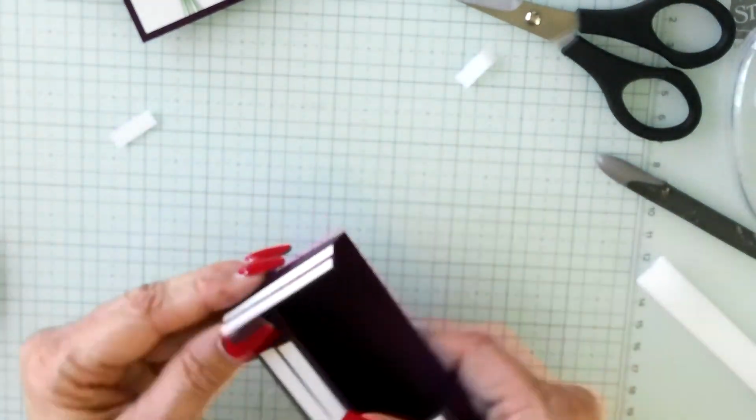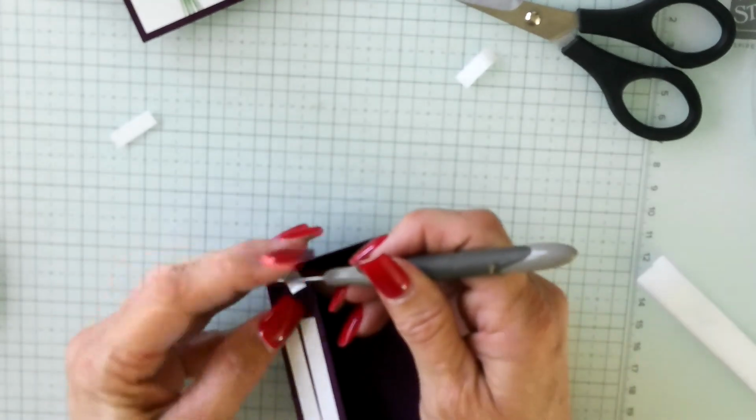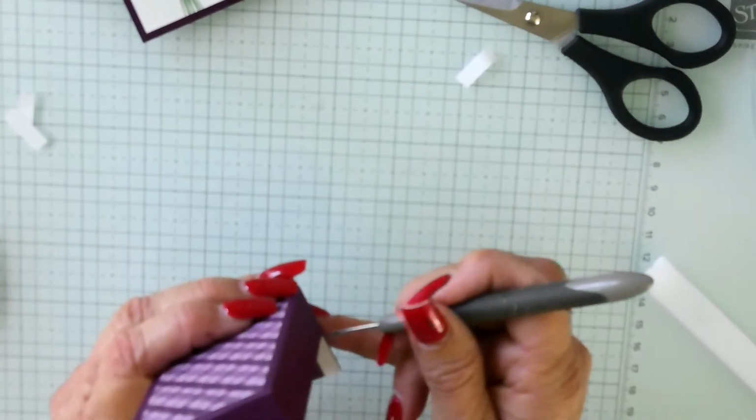Popping an empty card front in there before I lay down that second, well, the other side of it. But from here on out,